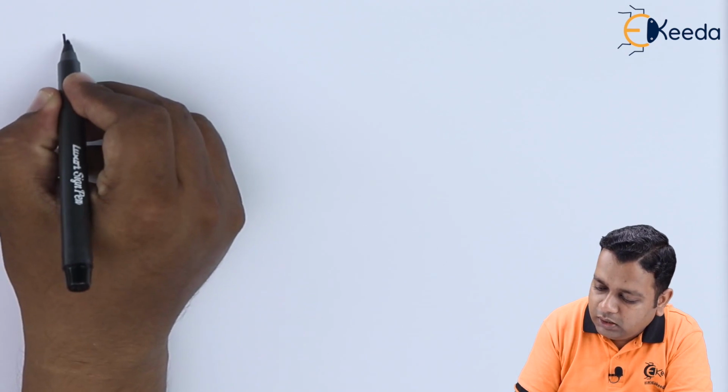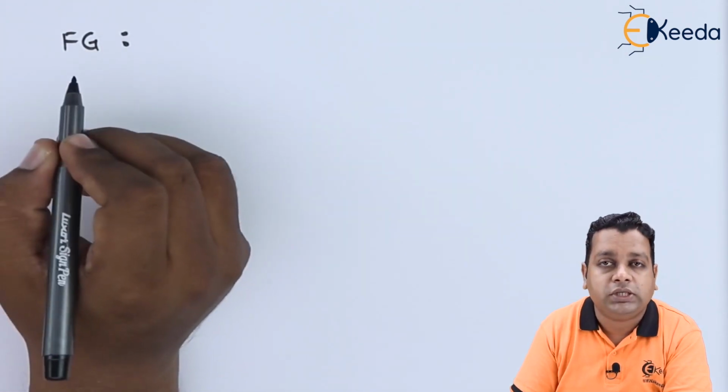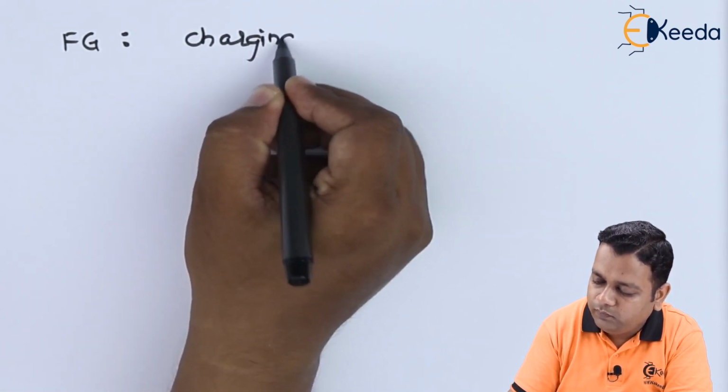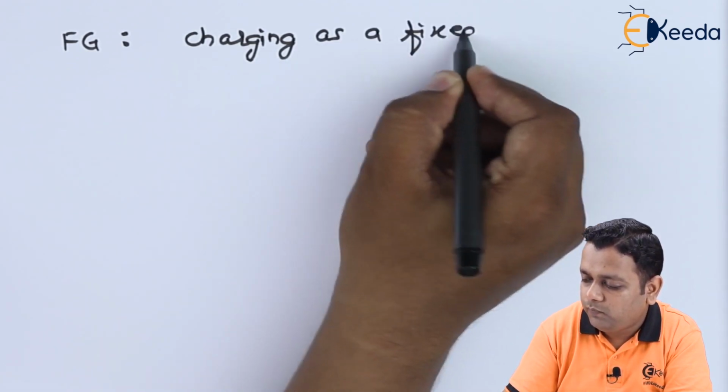After this curve segment, we have the curve segment denoted as FG here. So from point F to G, the diode will be charging again as a fixed capacitor,